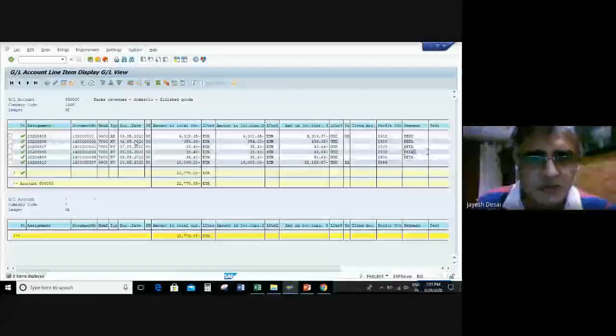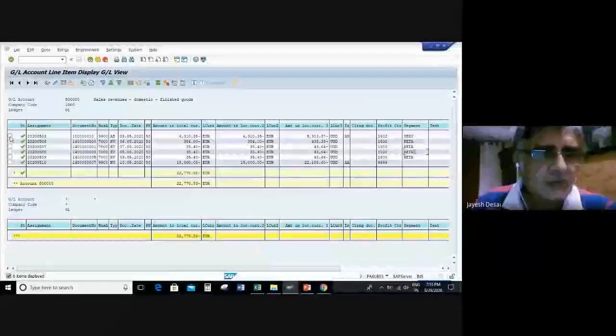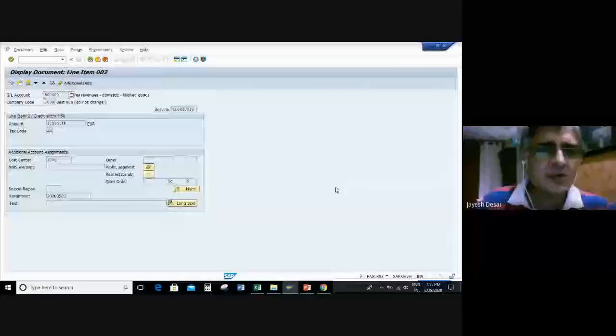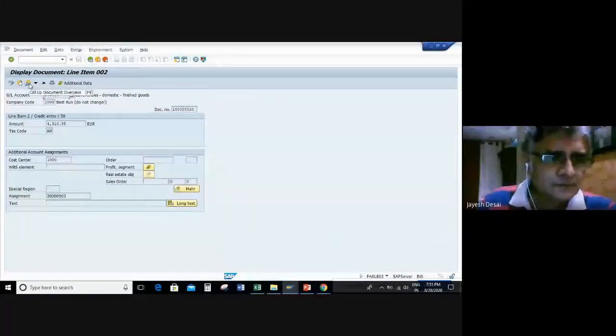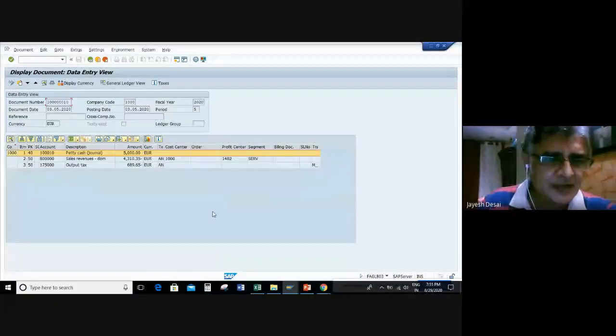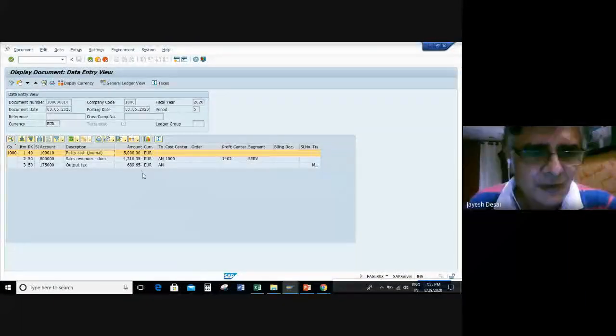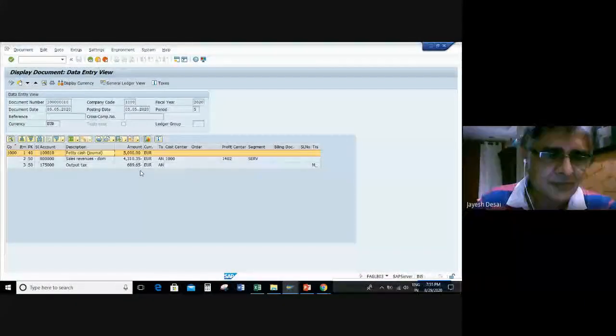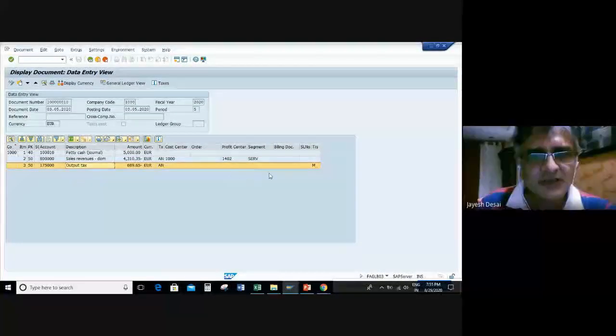So now what I want to do is go into one document and show you how the document looks inside. Okay, so when I click on this sunrise kind of structure, it gives me the accounting entry. So posting key is the debit credit in SAP. 50 is credit, 40 is debit. Okay, so here the credit is to the sales revenue and debit goes to the petty cash journal. This is a test system, so a new account can be done. But it is for us. We can configure any account whenever we have to. Then there is an output tax also involved, which is credited.